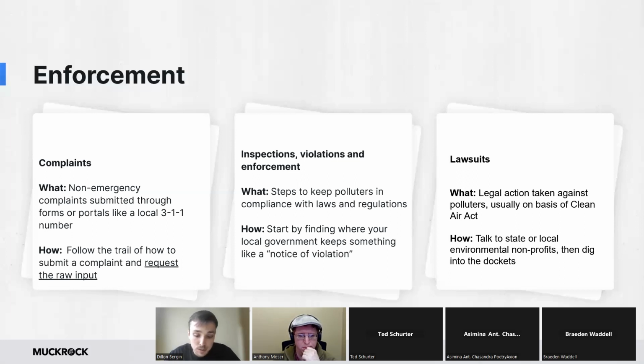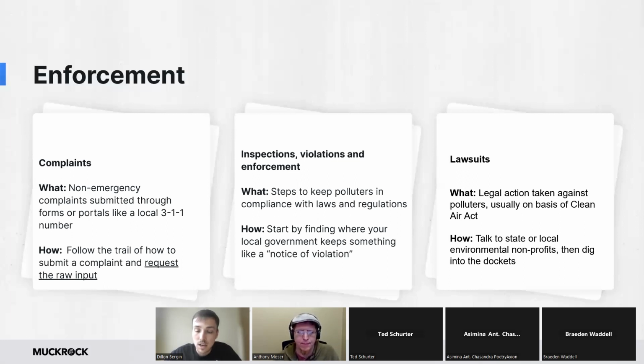And it can help you assess, like Anthony will show, if your government really has the power to stop those polluters, or what actual steps they're taking to stop those polluters, whether through fines or through legal actions. You can find these by starting with something called a notice of violation. I've found that across states and local air agencies, that language is the most common one to get people to know what you're talking about, especially when it differs on exactly how that works.